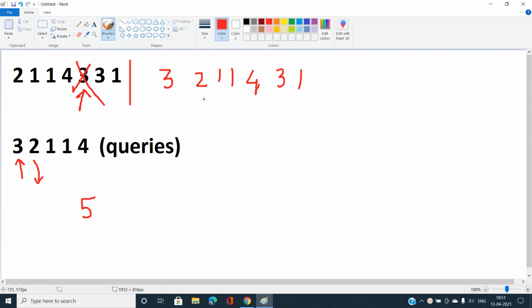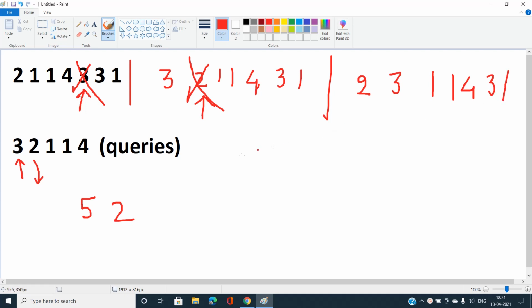You can see the first occurrence is this, so I output 2, its index. Then I take this card and place it at the top of the deck, so it becomes 2 3 1 1 4 3 1.